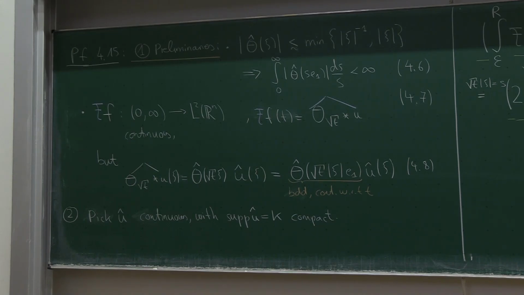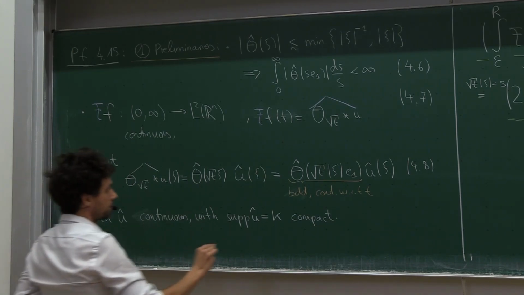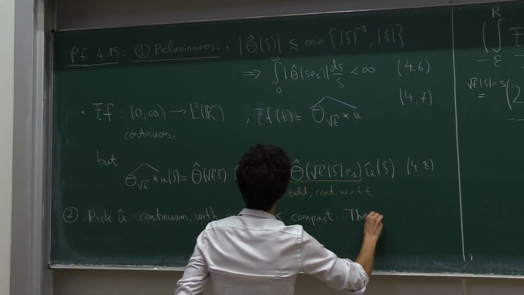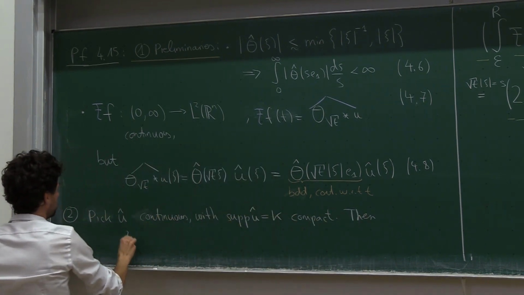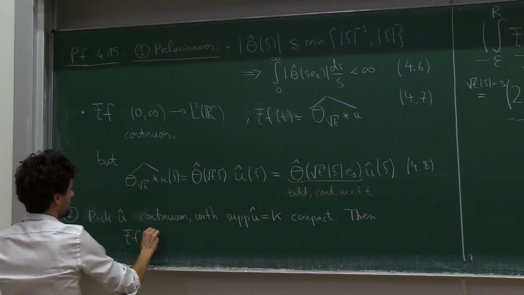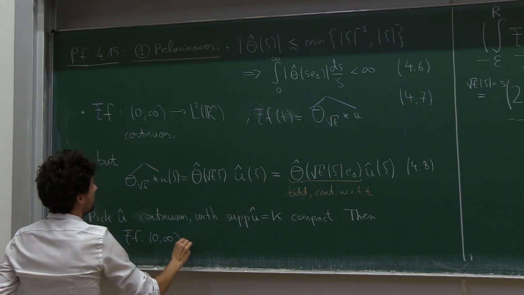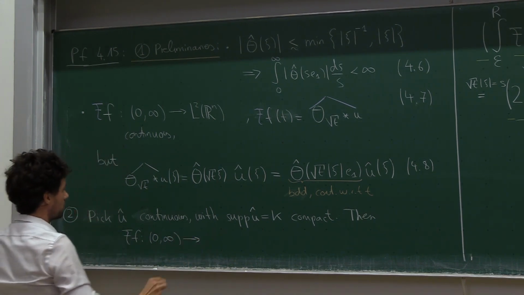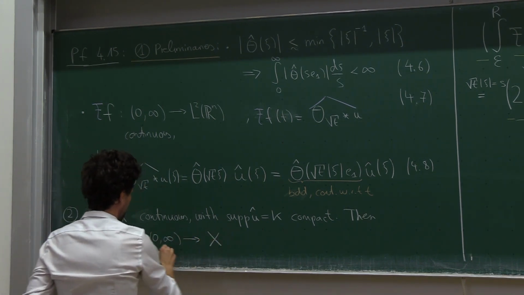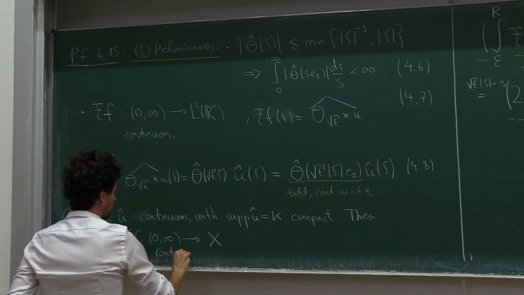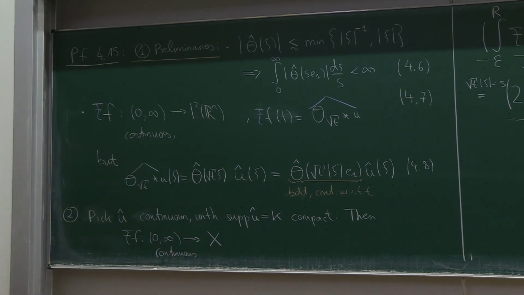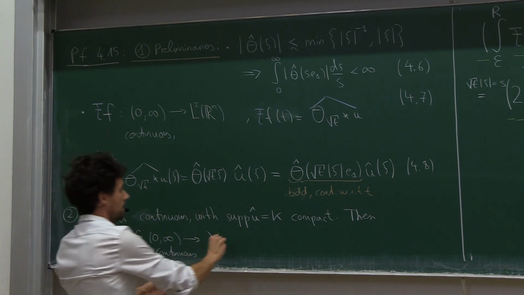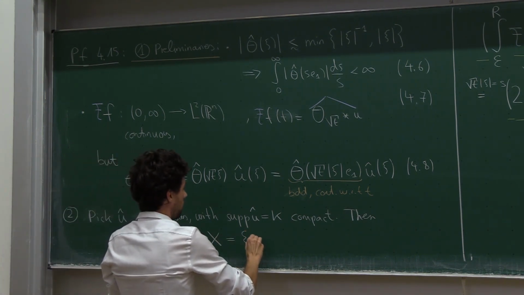And now what happens is that this function, the Fourier transform of f, all of a sudden becomes continuous if I consider it to be a function mapping into a smaller space, and the space I'm going to call X. X is all